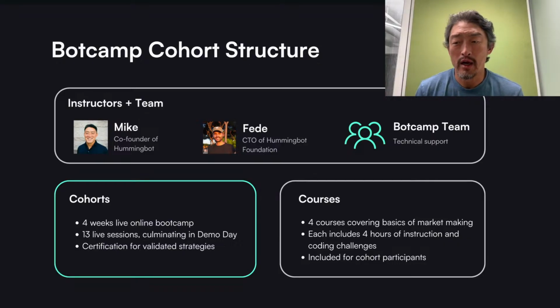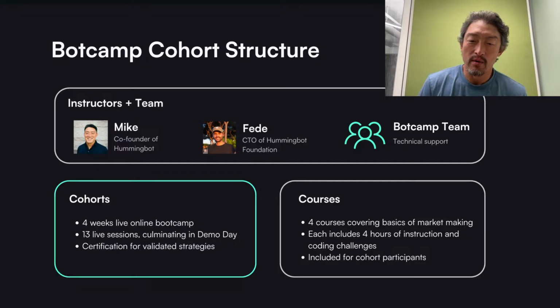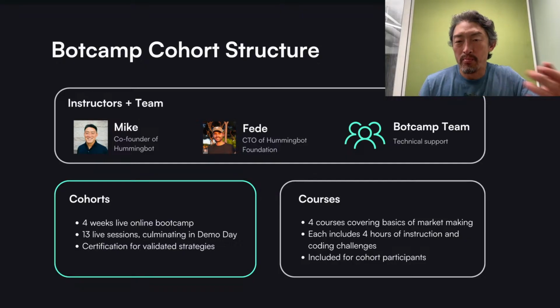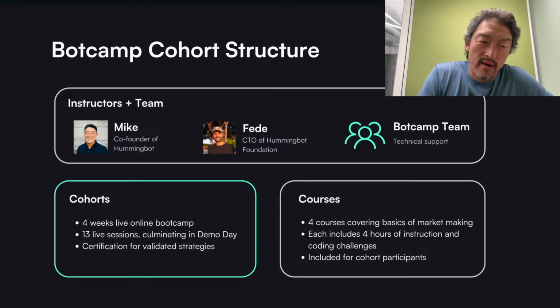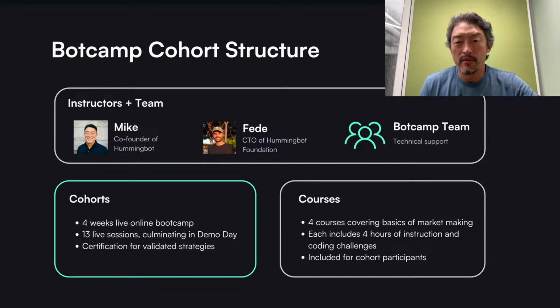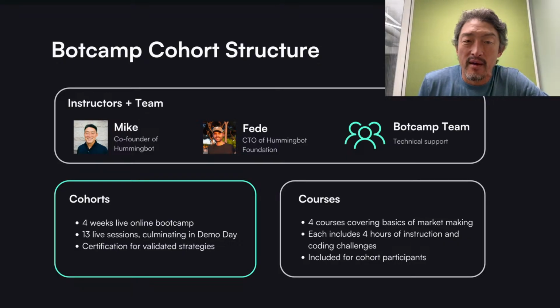And Fede's also working on another course on perp dexes, the theory on how these perp dexes differ from regular exchanges, how funding arbitrage works, and other things like that. So these two new courses will be included for the Cohort 12 participants, and we'll also offer them on a standalone basis.